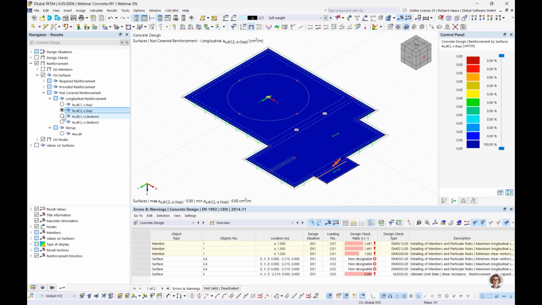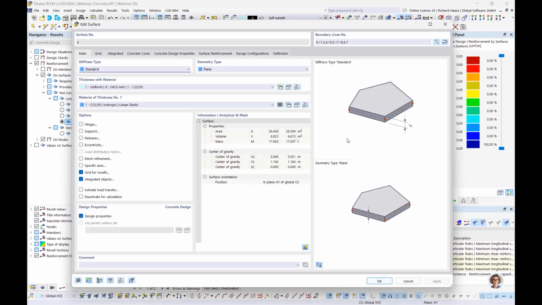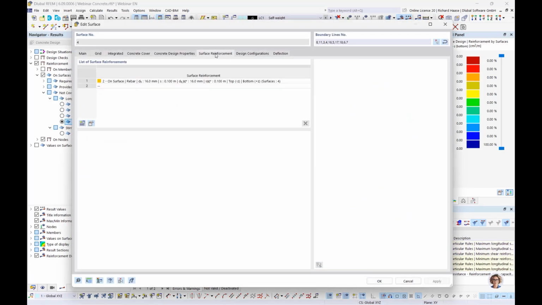Here we have nothing. Also here and nothing. So we have on the top and on the bottom side additional reinforcement, and only in these both surfaces. So then I want to show you the automatic function